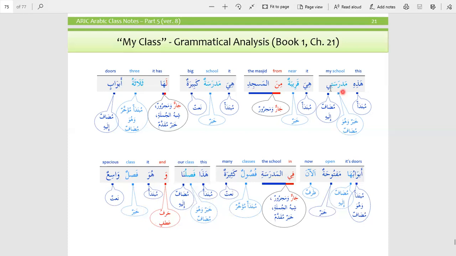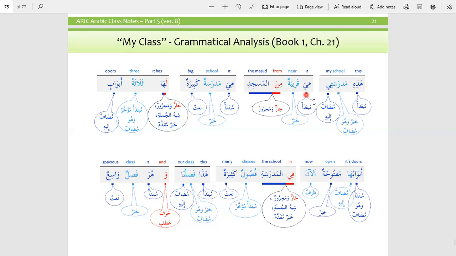So you need to be able to distinguish or to separate this khabar from mudaf ilay. Let's look at here. Qariyati, here qariba. Oh, okay. So here, qariba. Here qariba means the masjid is near from it. So here,